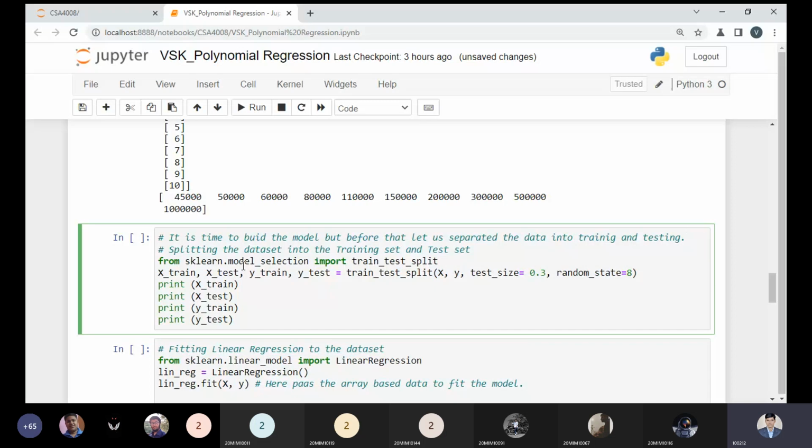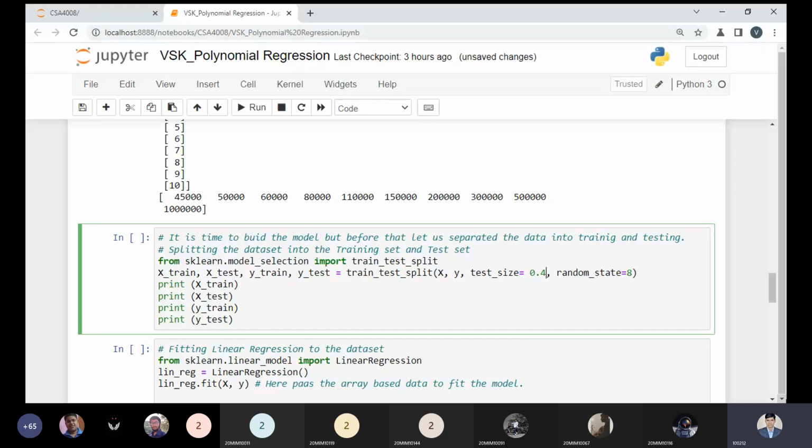Unlike my previous code, I'm just changing the same code over here. I'm not doing anything else. So can anyone tell me what testing size I must keep? 30%, 40%, 45%? You can tell me any size so I can amend my code over here. Just tell me right now. Sir, 40. Okay, the student is saying 40%, so we can have 40%.